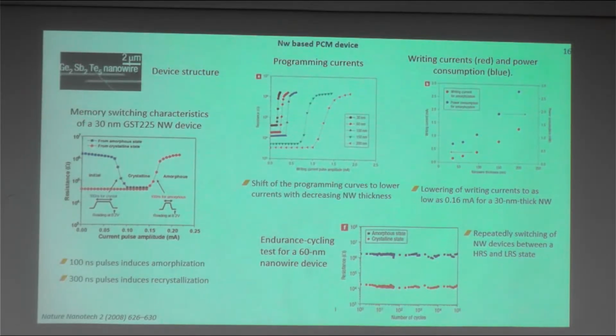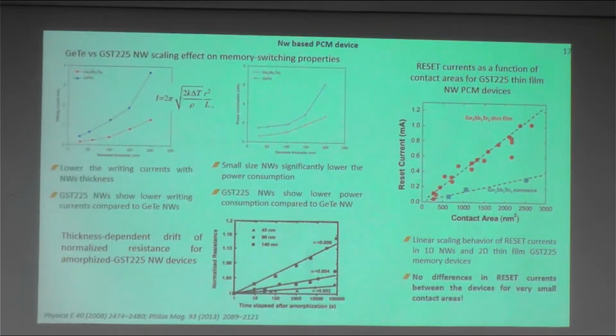But here, in this direction, maybe we need more work to integrate in a real PCM device. So here there are also some results on electrical switching on nanowire-based PCM devices. Here we have writing currents and nanowire thickness. We can see,